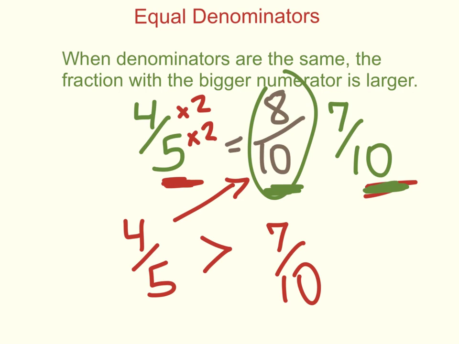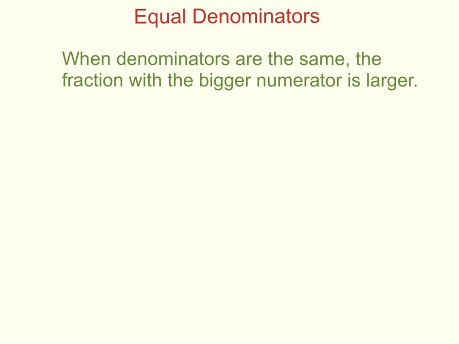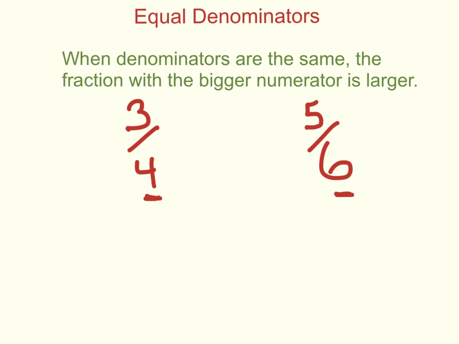Let's try one more example. I want to compare 3/4 and 5/6. Okay. Well, we have two different denominators, so we have to try to get the same denominator. Unfortunately, 4 does not go into 6. So we have to find a number that